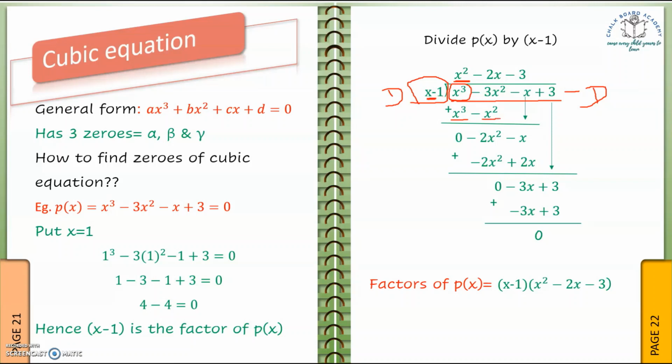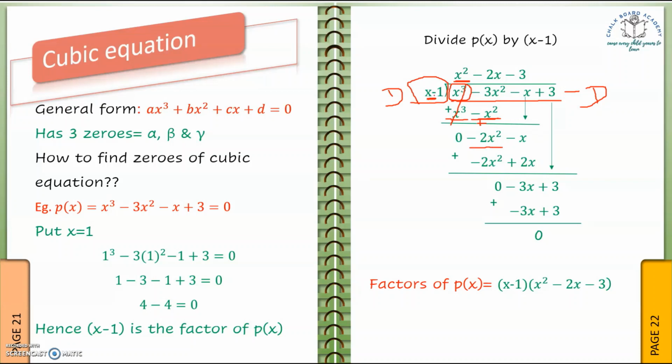So here we get the answer as minus x square. So in this, now we have this x cube minus x square. Now we are adding these two terms, and here the signs are changed. So here we get negative, and here we get positive. Now x cube minus x cube, same terms with same variable and with same power, so they are eliminated. Now here minus 3x square plus x square is equal to minus 2x square.